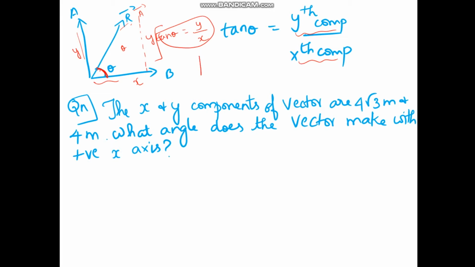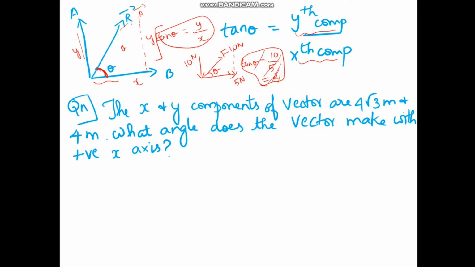Suppose, for example, here there is 10 Newton acting, and here there is 5 Newton acting, and the resultant is making angle theta with the 5 Newton. Then tan theta is opposite by adjacent, assuming a parallel vector to the y component, that is 10 Newton, so tan theta is equal to 10 by 5, which is 2. In this way you can do it. I have shown this just as an example.